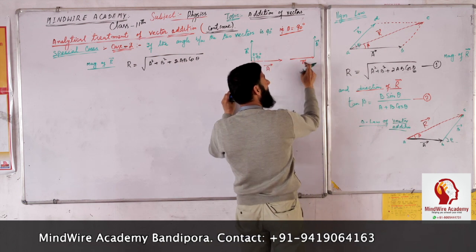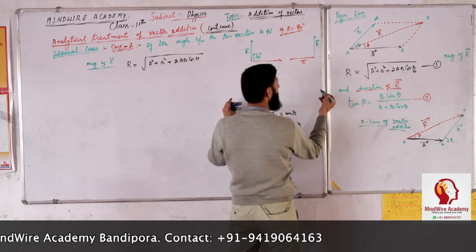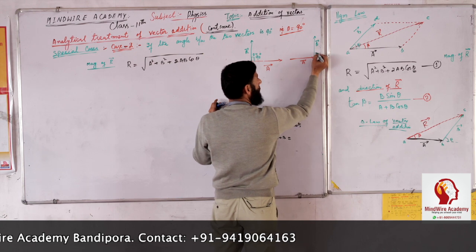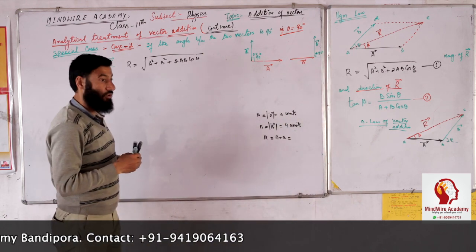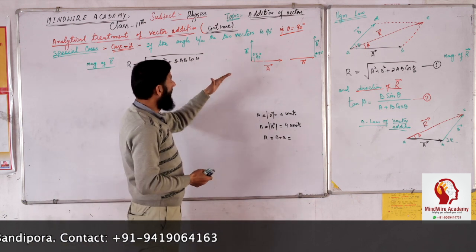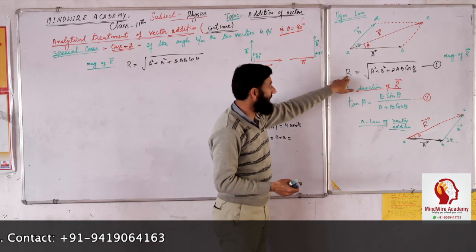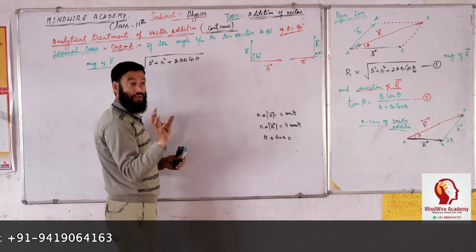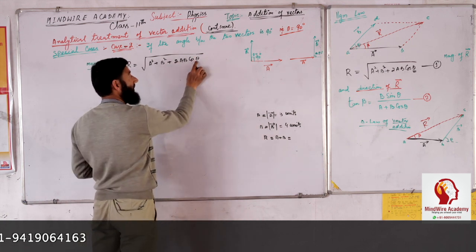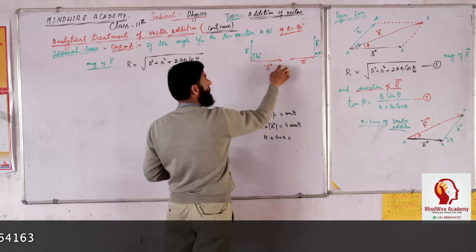So, in order to find the angle between vector A and vector B, we will displace this vector A a little bit in its own direction, and we will get the angle between the two vectors, that's here again equal to 90 degree. So, how to calculate its magnitude and direction? We have the formula for magnitude and formula for the direction. So, simply what we have to do, we have to take the value of theta equal to 90 degree, so that we can get the magnitude of these two vectors.